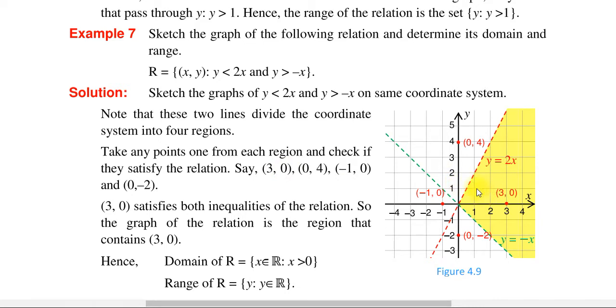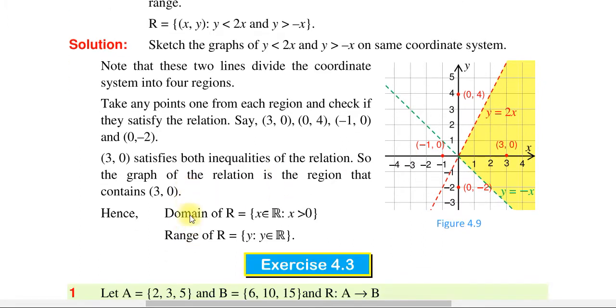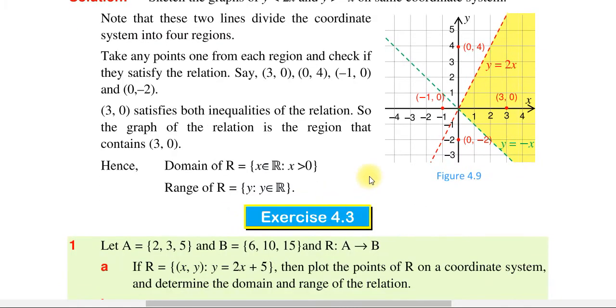ከመረጥን በኋላ ፋይናሊ ይሄ ቢጫው ሆኖ እናገኘዋለን። የቢጫውን ደግሞ ዶሜን እና ሬንጅ ዲተርማይን እናደርጋለን ማለት ነው። ስለዚህ domain of R is the set containing x, where x is an element of R, x greater than 0 ነው። እንደምታዩት ዶሜኑ አሁን ይሄ አለ። ዶሜን ማለት x ቫልዩ ነው፣ ከፖዚቲቭ x ነው፣ ከ0 በላይ ሁሉንም ያገኛል ኦኬ ስለዚህ